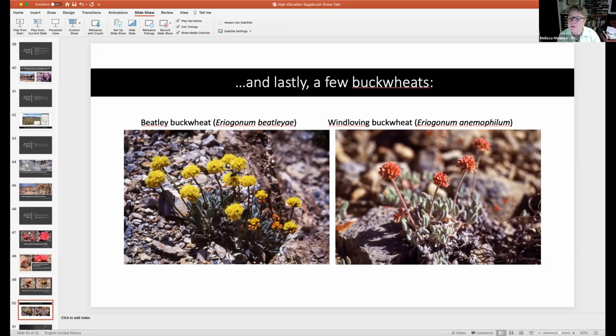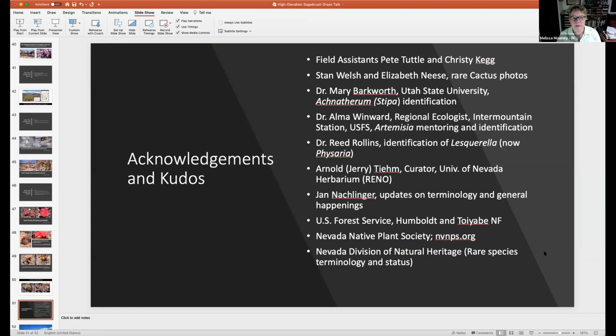And then the Eriogonum anemophilum, which occurs in the Sonoma Range. They're both BLM sensitive plants. Eriogonum anemophilum is a Nevada endemic. And I'm going to leave it at that and let you know that for putting the thesis together and for putting